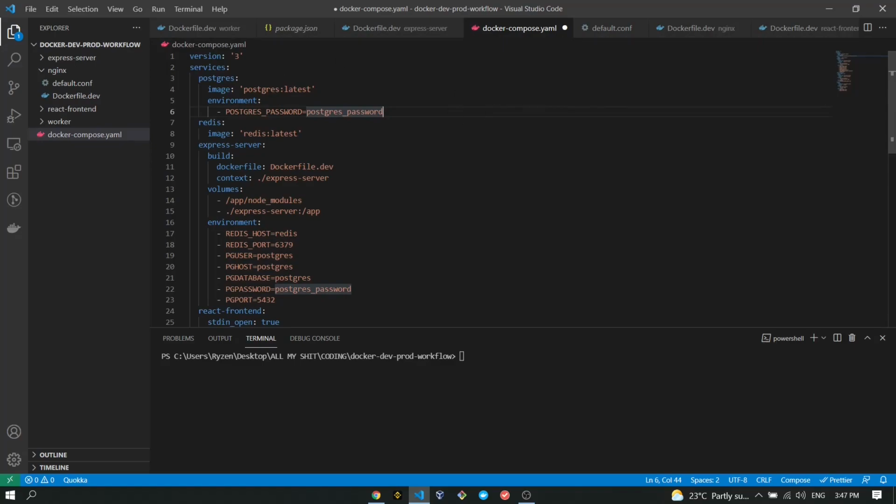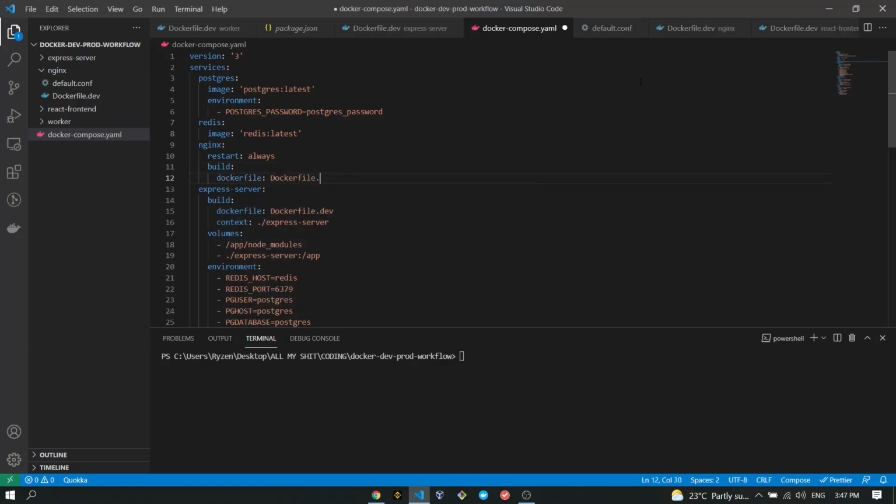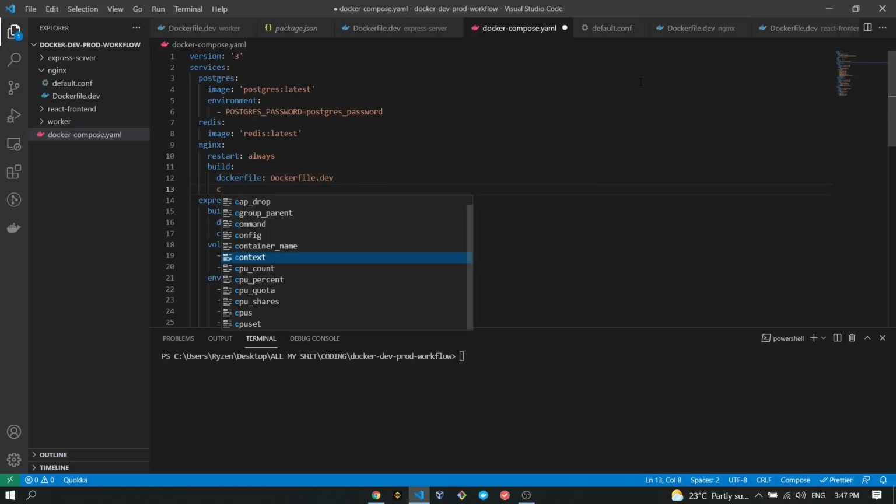And inside here, after Redis, we're going to specify a new service called Nginx, like this, and we're going to set the restart policy for our Nginx to always, and we're going to specify a build that is going to have a dockerfile of dockerfile.dev and context of